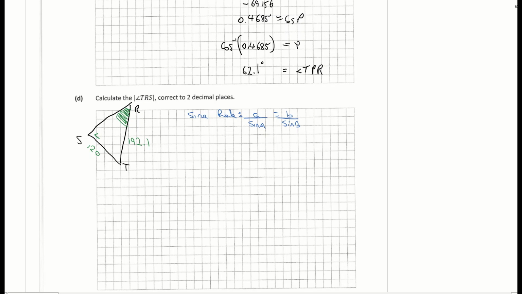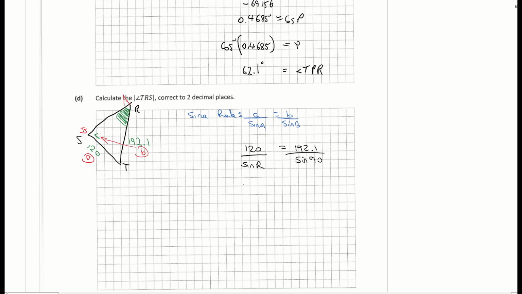Okay, and filling in my formula here, I'm going to use A as 120, and it corresponds to the angle OR as my capital A. I'm going to use the 192.1 as my small b, which is across from the angle S, but for my formula I'm going to call that B, which is 90 degrees. So filling in my formula, A, I'm going to go with 120 over the angle I want to find, so I'm going to call that sine OR, is equal to my B, which is 192.1 over my sine of 90